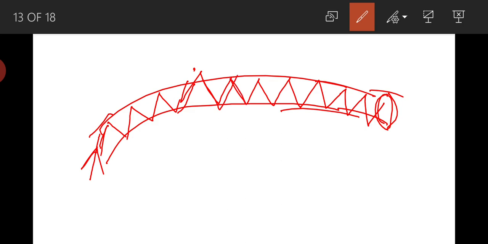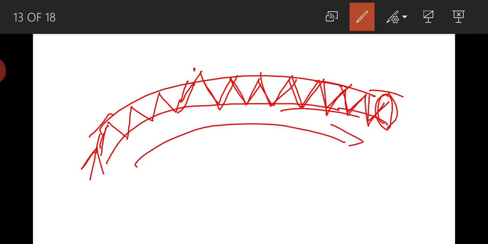Inside the optical fiber, these light signals will undergo a number of reflections, and throughout the length of the fiber, this light signal will travel, and it will come out at the end